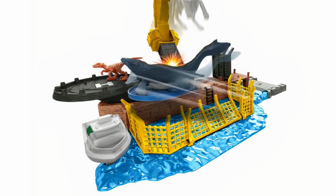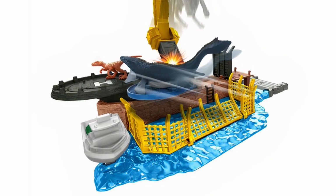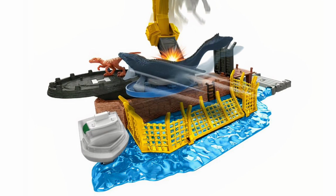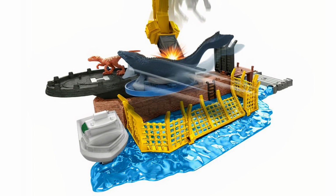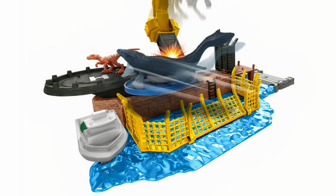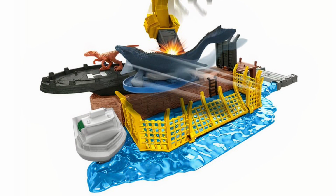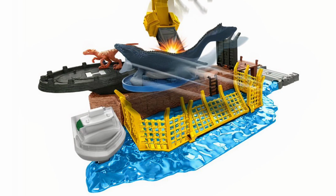But this does seem to be the only way to get the Mosasaur at this juncture, by buying this play set. So again, they've done a lot of diversifying of the different species and repaints and silhouettes in order to spread everything across all these different releases, which brings us to our final mini release and arguably the most